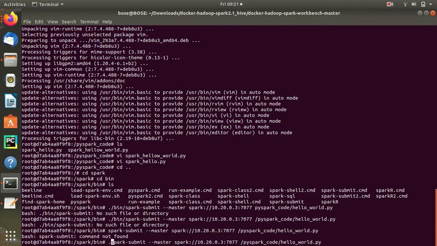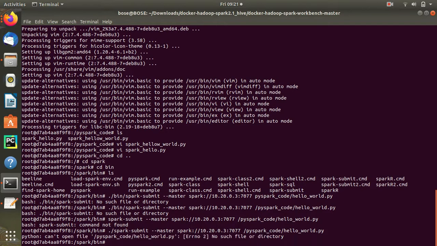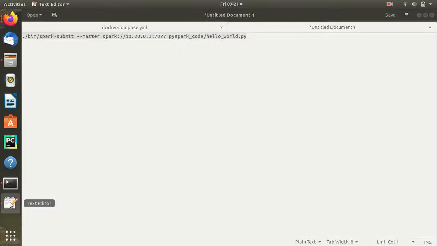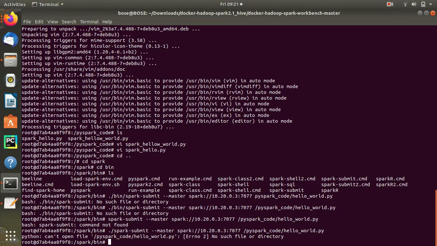So we have to do it like this because we are executing it. Now it will, okay, there is an error. What is the error? We could not find the Spark code. So we have to just check what was the name of that folder. It was Spark underscore code, okay? So we don't need this thing.